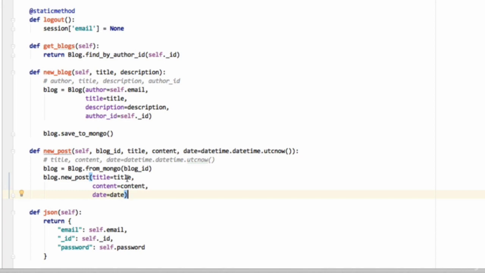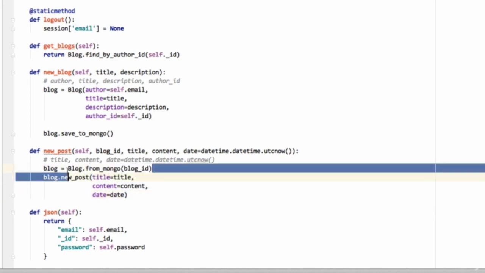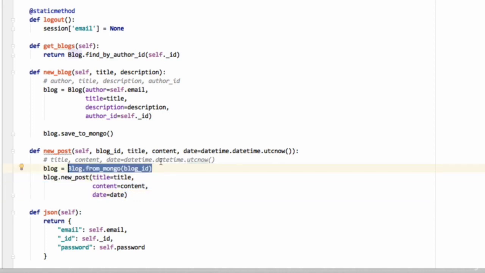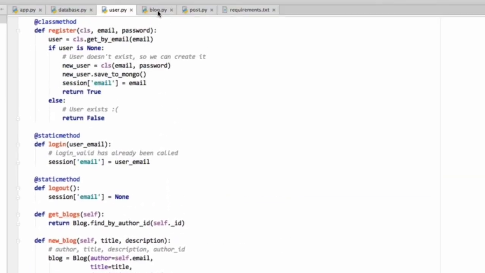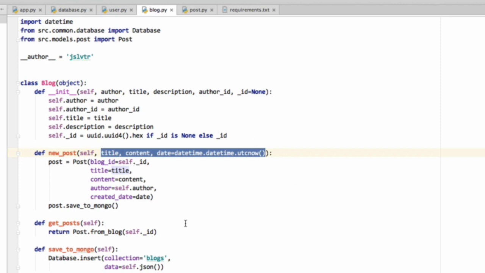So easy enough. We'll get the title, we'll get the content, and we'll get the date. And notice how the date may be the default value. And the website will send us the blog ID without the user having to write it themselves. And that's all we need to be able to find out which blog we're writing into, and then putting the content into the database. So I'm going to go back into the blog model just to check